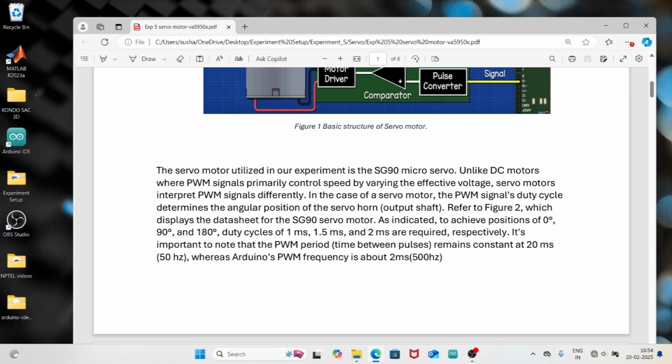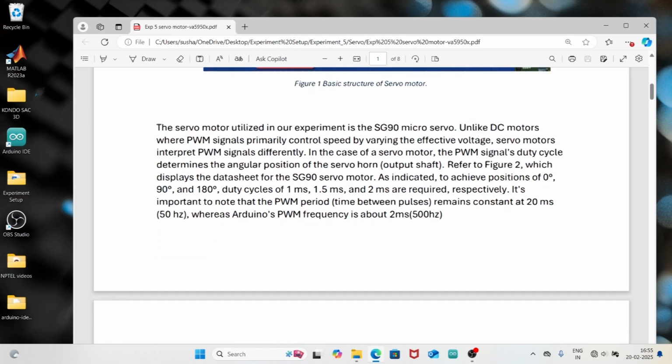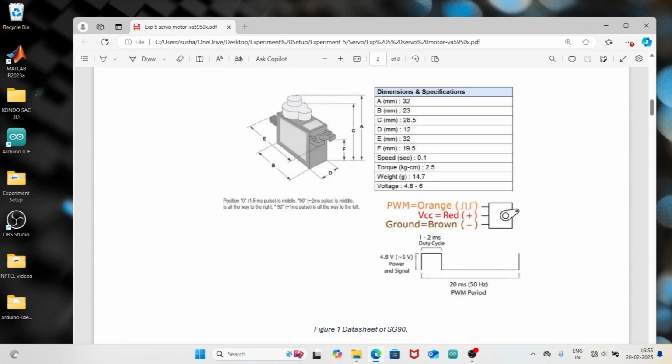So what we're going to change is the on time and the off time, the high and low time, and the total of that has to be 20 milliseconds, or 20,000 microseconds. So this is the basic